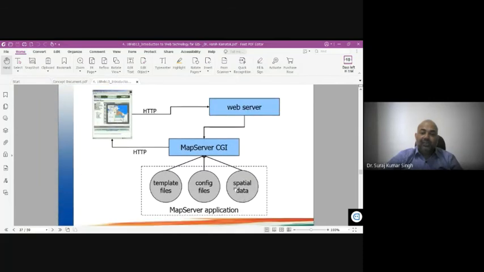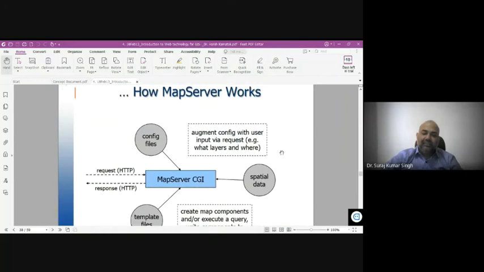So how does this web-based server work? You can see this HTTP file when you work on it. You'll get such a web-based server where all these templates, configuration, spatial data are inbuilt and saved in the MapServer application, and all are connected to MapServer and the web server provider, and finally it is uploaded as an HTTP file where a user can search for and configure for its data type.